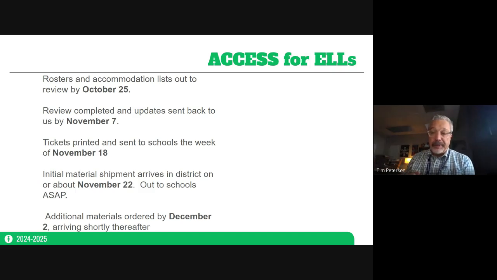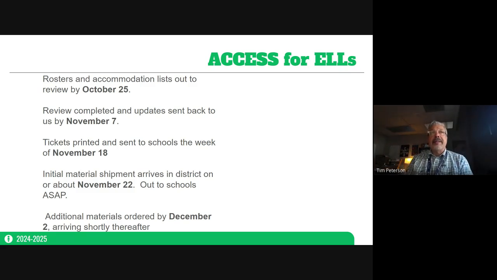The rosters are for you to check, to make sure that if a student is no longer enrolled, that is something we have a little bit of time to take care of. Keep in mind that just because a student doesn't show up doesn't mean they aren't in the list of required students to test. So if they're a no-show, you can say, how can we possibly test them? If they're still listed in Infinite Campus, then they are expected to be tested. If they're enrolled, they get tested.